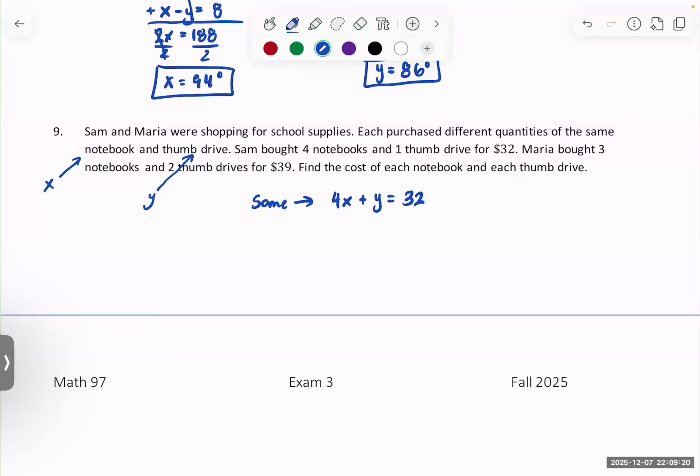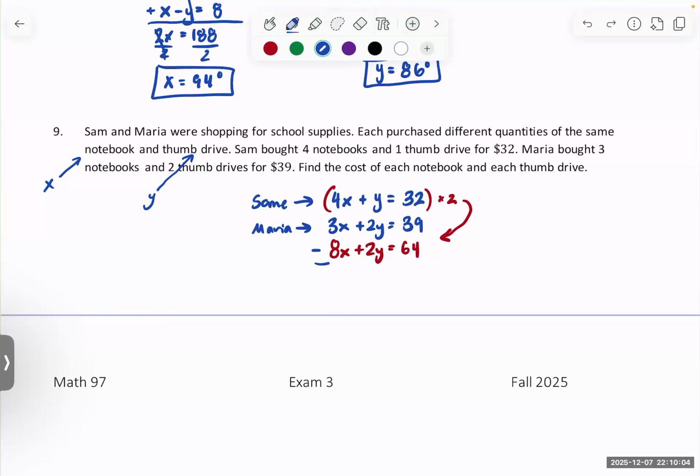Maria bought 3 notebooks, so 3x, 2 thumb drives, 2y, and she spent $39. Find the cost of each notebook and thumb drive. So one thing I noticed right off the bat is I can cancel out the y's if I just multiply all these by 2. Because when I do that, I get 8x plus 2y equals 64. And in order to eliminate these, I'm going to subtract them from each other just because I noticed 2y